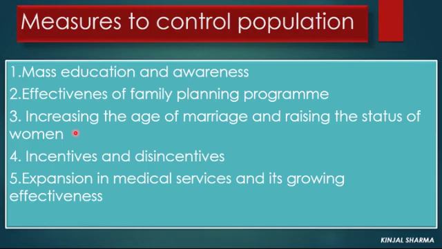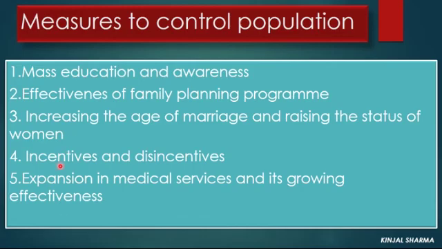By raising the legal age of marriage, particularly for women, a reduction in birth rate can be achieved. As per the population policy of 2000, encouragement was given to raising the age of marriage for women from 18 to 20 years if possible. And if women's status is raised in society in comparison to men, and if equal opportunities are given in education and employment, such women will control the family size.